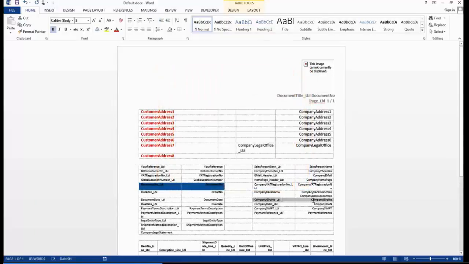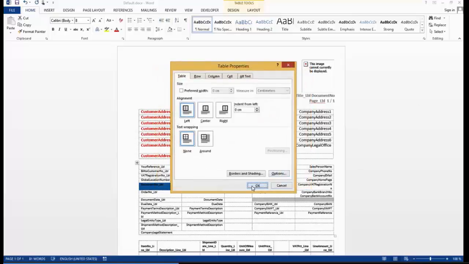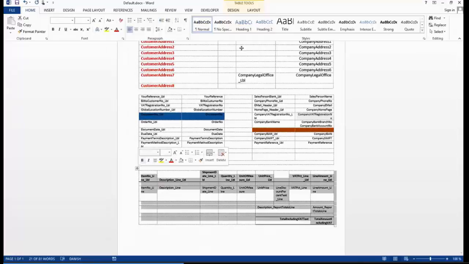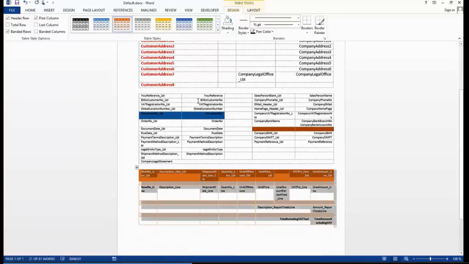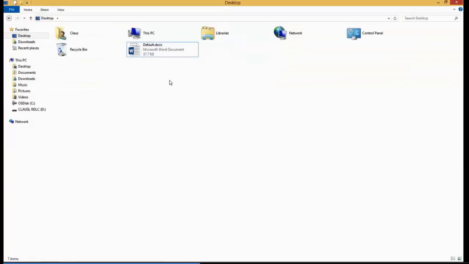And we could also make a background color here, so it's easy to see that we have deleted this. So make a color here, and let's make it orange. So say OK, and OK. And if we scroll a little bit down on the lines down here, we can go to the table, and we can make small modifications here. So let's go to Designer, and then let's take this one here, for example. And now we're done. So I'll save this document.